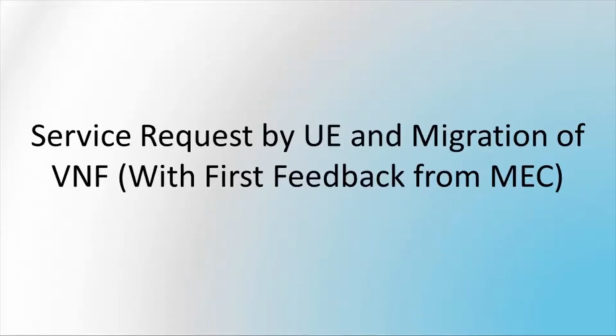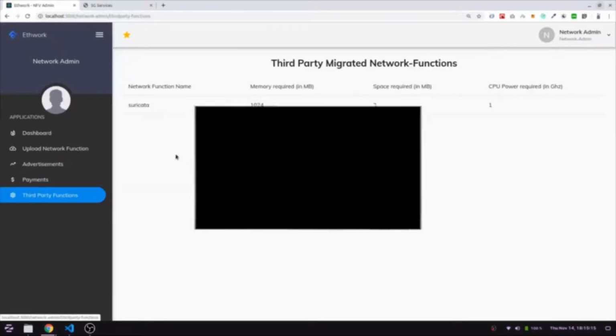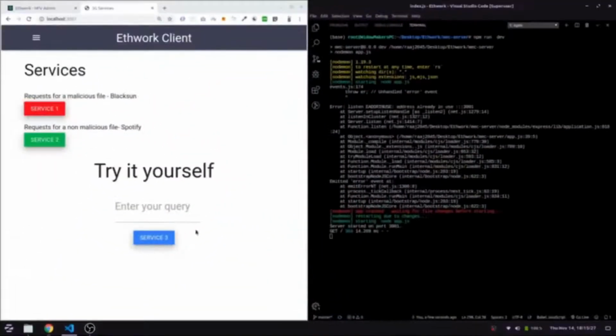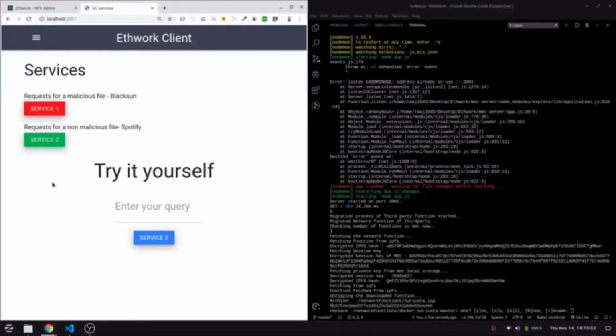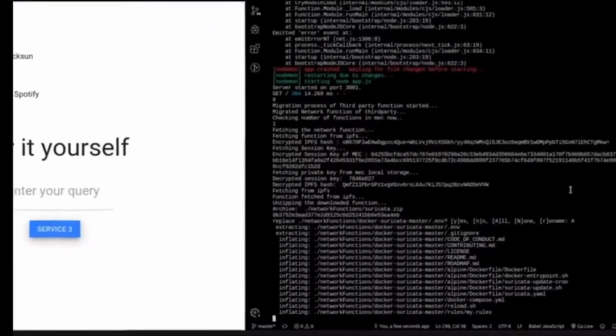Now, let's see how a service is requested by a user equipment, and to fulfill that service, how a VNF is migrated from the cloud, that is IPFS, to the MEC. For the purpose of demonstration, user equipment is mimicked by a web application which is different from the DApp. Let's first try to request service number 2, which involves retrieving a file which is not malicious. When this request reaches the MEC, it looks for the required VNF and the migration